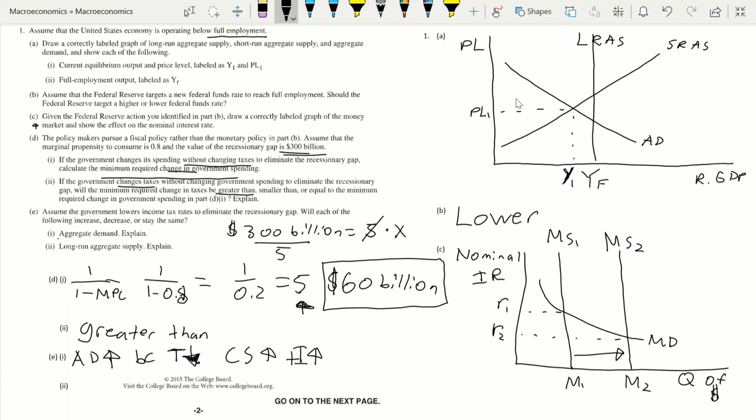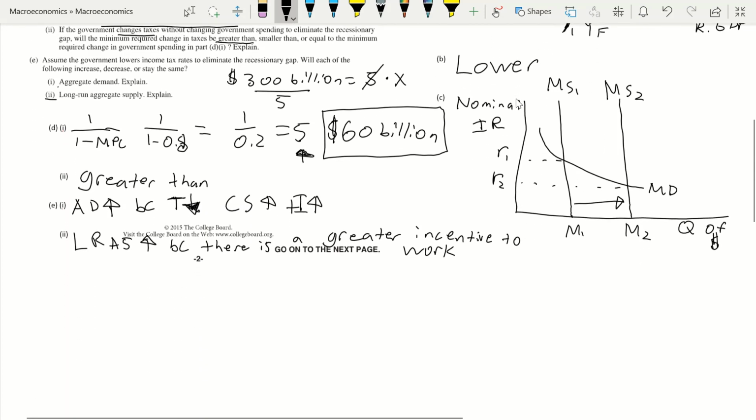And then we have part 2, the long run aggregate supply. If we were to lower taxes, that is going to create a greater incentive to work, and therefore our long run aggregate supply will increase. So our long run aggregate supply will increase because there is a greater incentive to work. You also could have said that the long run aggregate supply will increase because there will be an increase